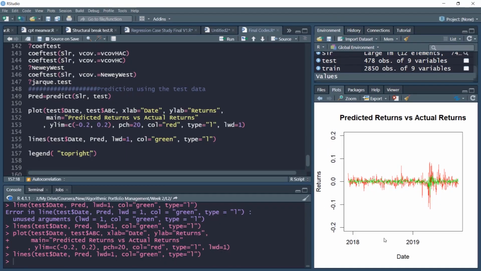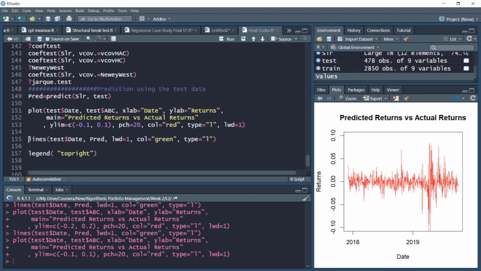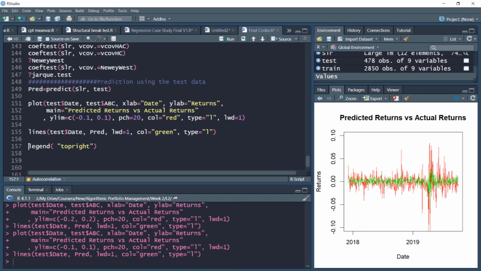If I would have put it minus 1 to plus 1 or some higher number, it would not have looked aesthetically good. So right now the window is decent. In fact, I can put it as minus 0.1 also, that would be okay as well. If I run it for minus 0.1 to 0.1, that also looks better. Now I'll add the legend on the top right part of it.